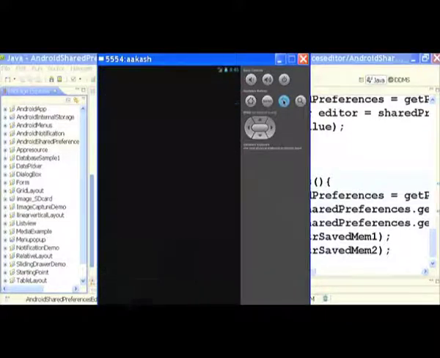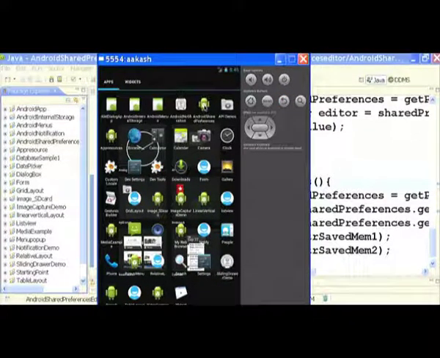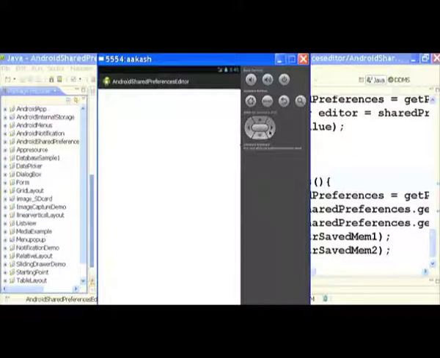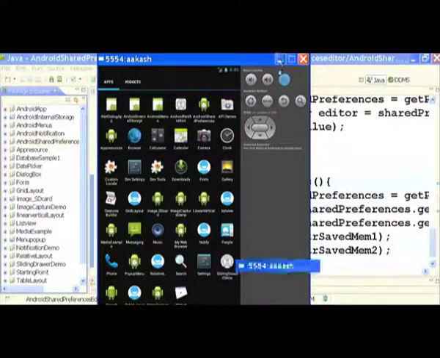Go to that application, again run that application. Now you can see your data is cleared from your text views, means from your preferences. Okay. This is the way you can use shared preferences by Java. Now we'll move to another application,